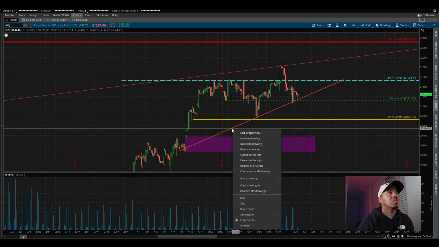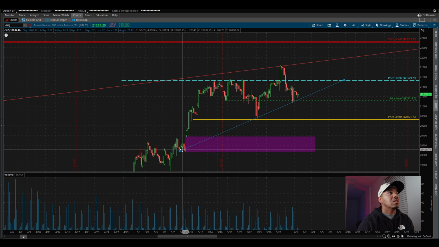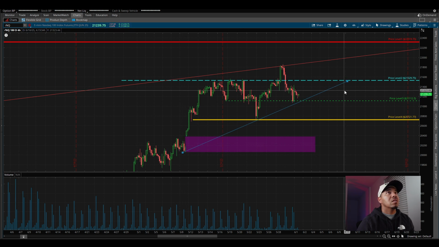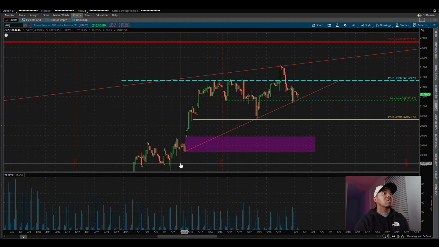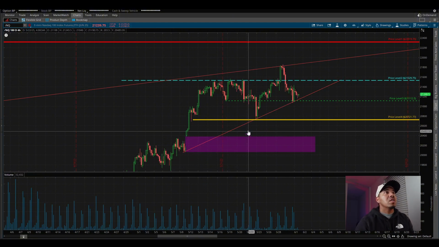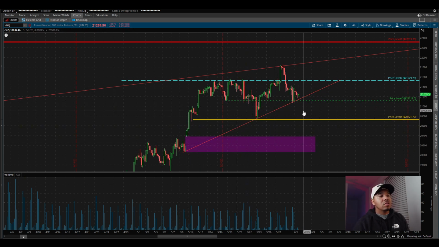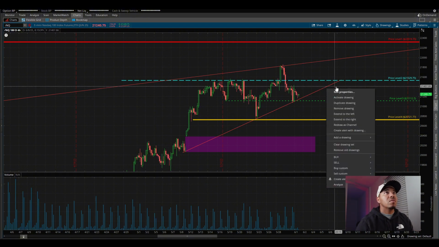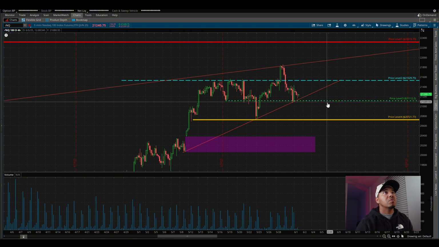Now, I'm not one to do all these crazy lines, but I just want to give you guys an understanding of how to chart. There we go. All right, so if you guys can see here, we have 3 candles that hit our trend line. 3 candles that hit a trend line is a respected uptrend. Just so you guys understand that, if you get 3 candles that hit a trend line, that's a respected trend line. That is a confirmation for an uptrend or a downtrend. So here we have confirmation for an uptrend.